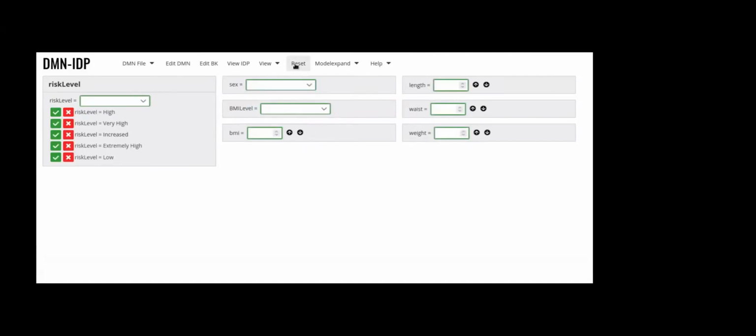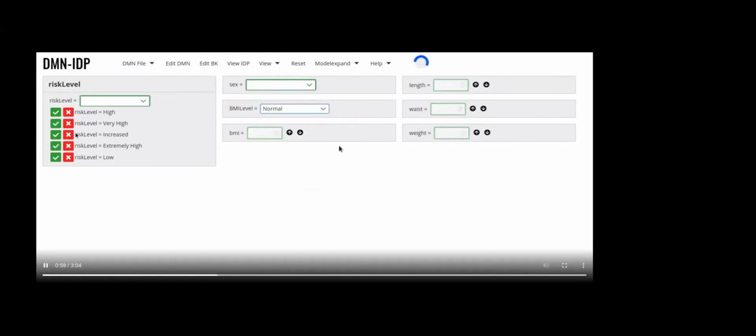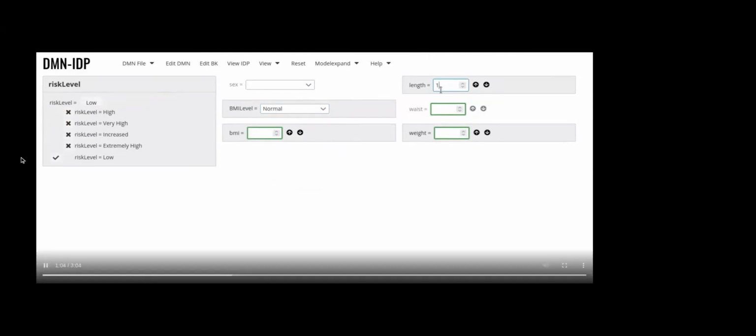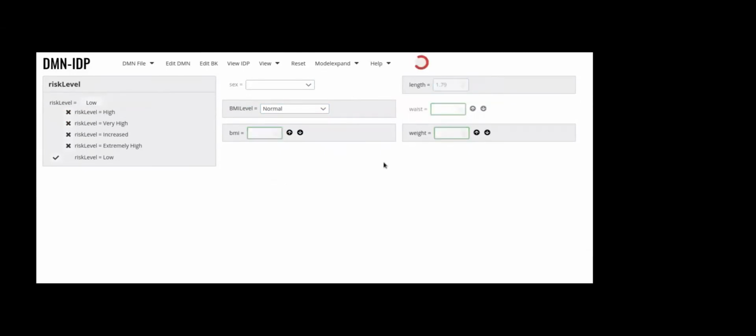But of course, we can do much, much more, as I've been telling the entire time. So if we say, okay, I want a BMI level of normal, and I already have a length of 1.79, I can't change that. Then what should my weight be? It can't immediately tell us, I'm sorry. Now I can minimize or maximize to find out what my weight should be. I should have a weight of 80 kilograms, as I've shown earlier on the slides, which would lead to a BMI of 24.999, which of course is just 25.